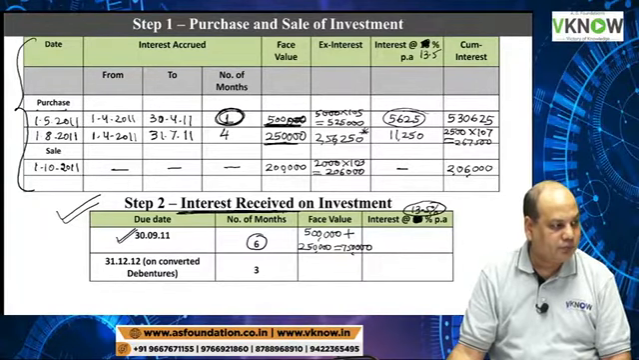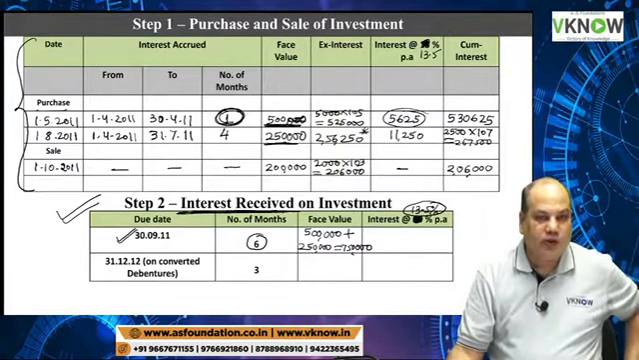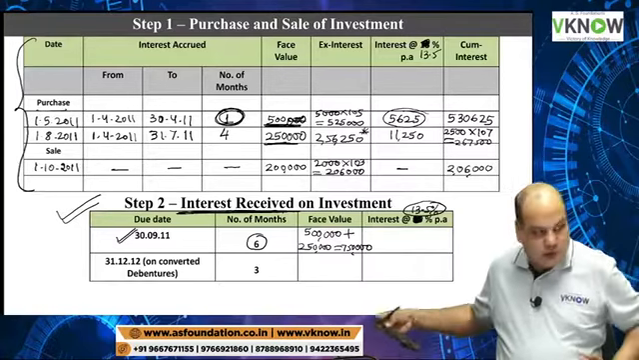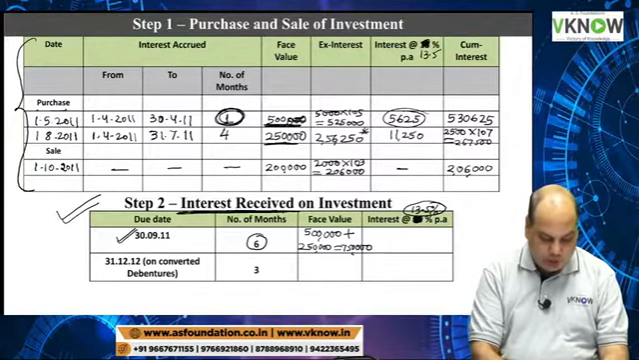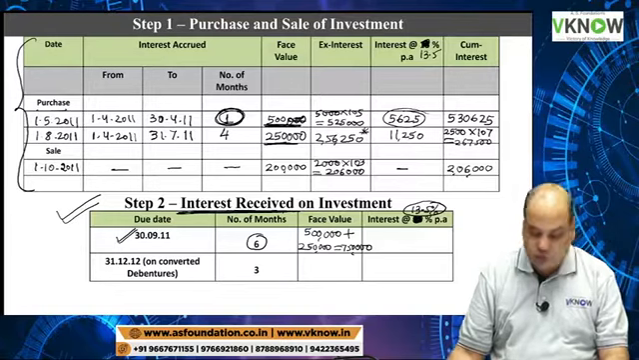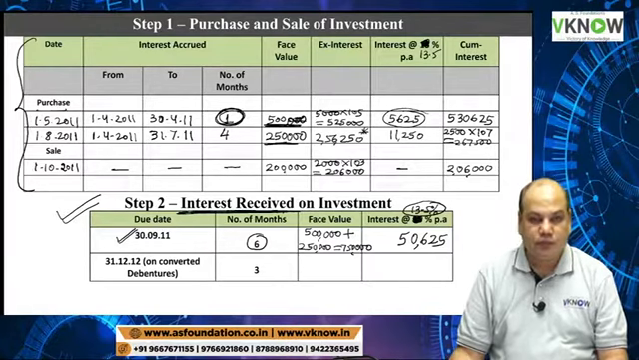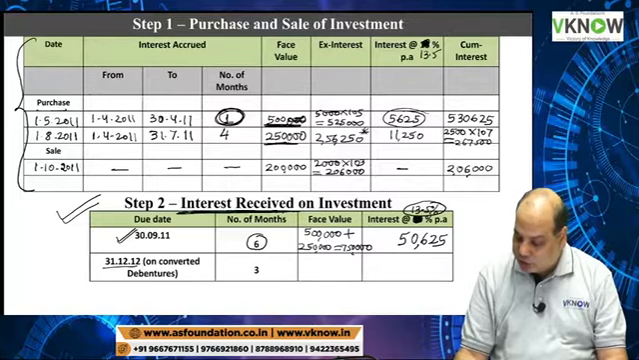Please answer. 7,50,000 into 13.5% divided by 2, 50625. And you will also receive interest on